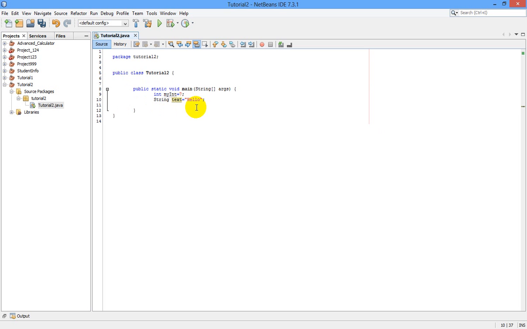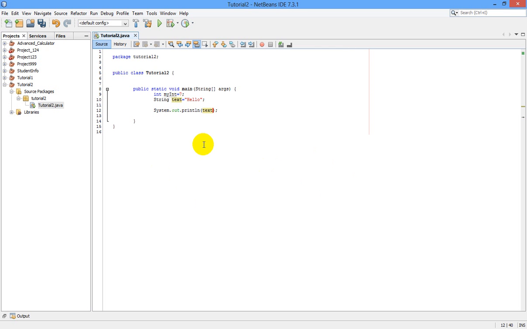And I can output that by just printing System.out.println, and closing this and just typing the variable text.